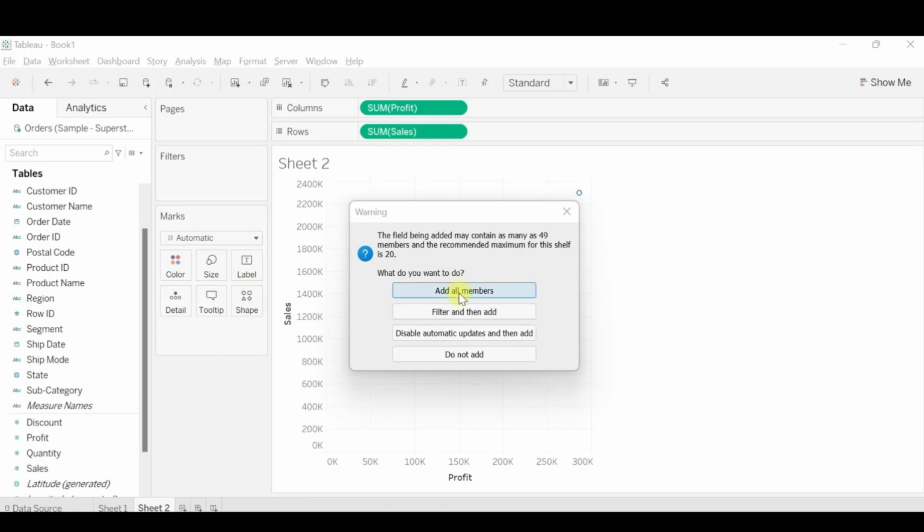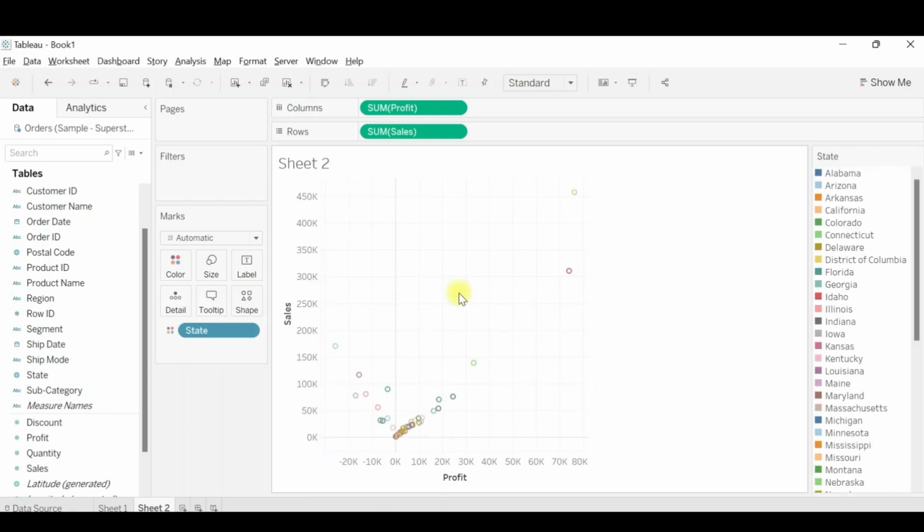So for now, let's add all the members, and you can see all the scatter plots, all the bubbles on the graph, and parallelly you can see all the states with different colors available here. Now also note that it's not only in the first quadrant, it also came in the second quadrant where we have some negative values in the x-axis.